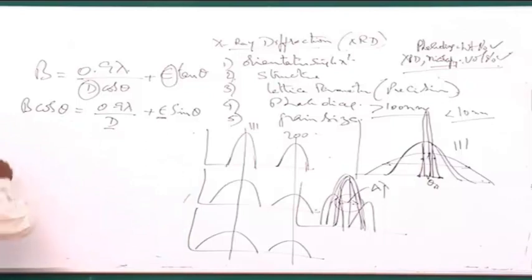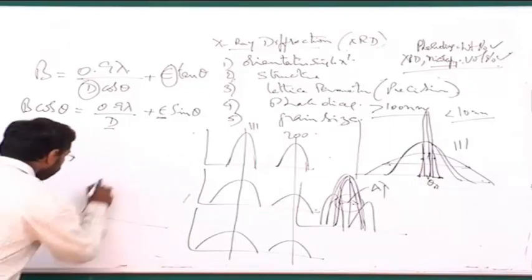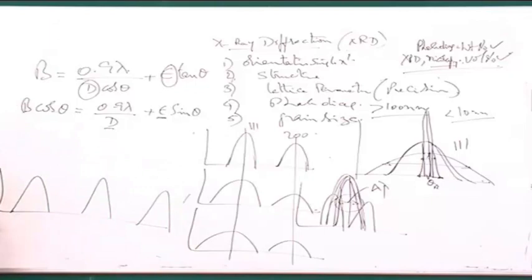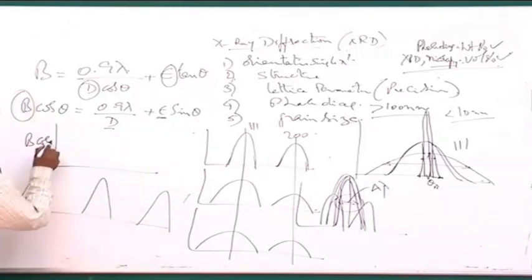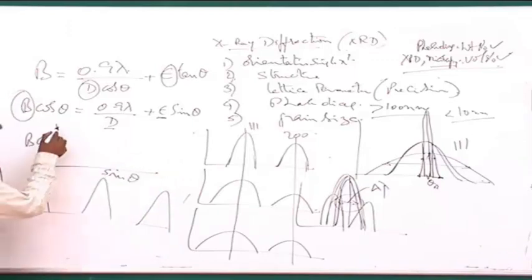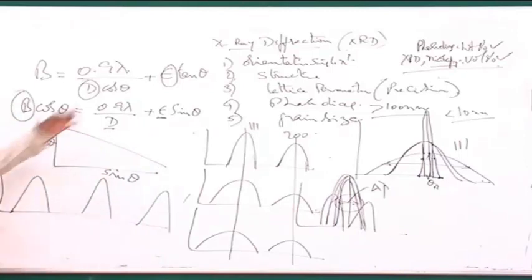If I have an XRD pattern with so many peaks inside, for each peak I deduct the instrumental broadening, I find out the remaining broadening, and that broadening I have found out for each of the peaks, and for each of the peaks there is a theta, and I now plot what is called beta cos theta, or b cos theta, versus sin theta. Once I do b cos theta versus sin theta, I get a plot like this or like this, whatever it is, depending on the situation.